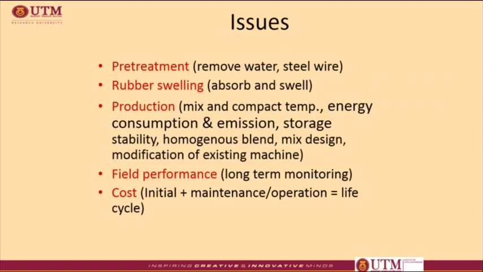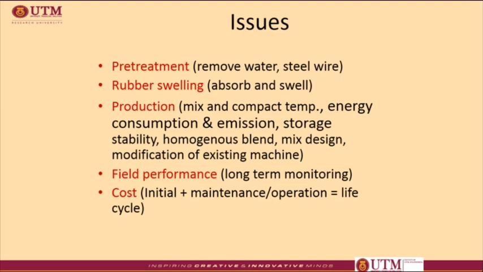Next is on the issues related to the use of rubber, which depends on the use of dry mix or wet mix. Of course, pre-treatment is needed, for example for cup lump, such as the scraping process, the removal of water and contaminants, reduced size, and preheating prior to mixing. Another problem is related to the potential of rubber to swell and resist compaction, but this one is more on the crumb rubber issues. Next, in terms of production, which involves mixing temperature, which affects energy consumption,